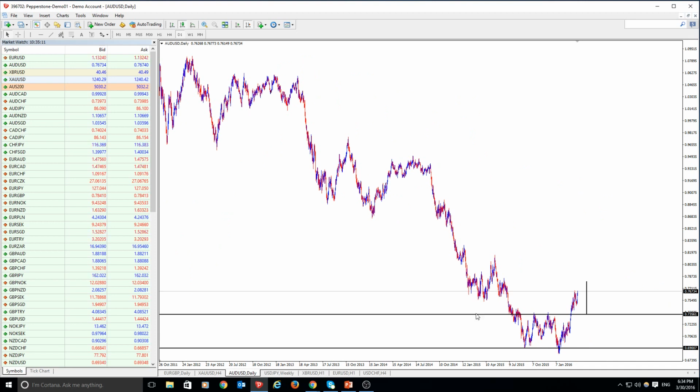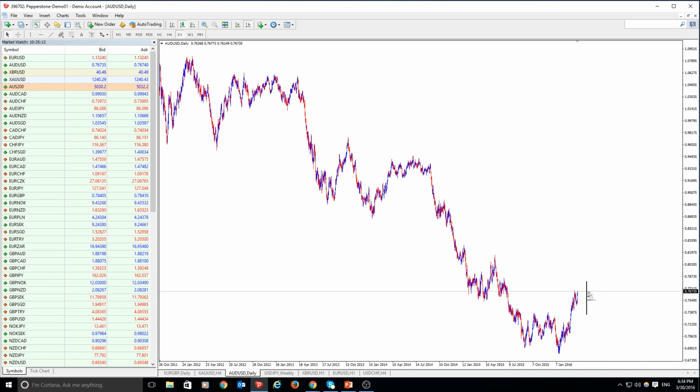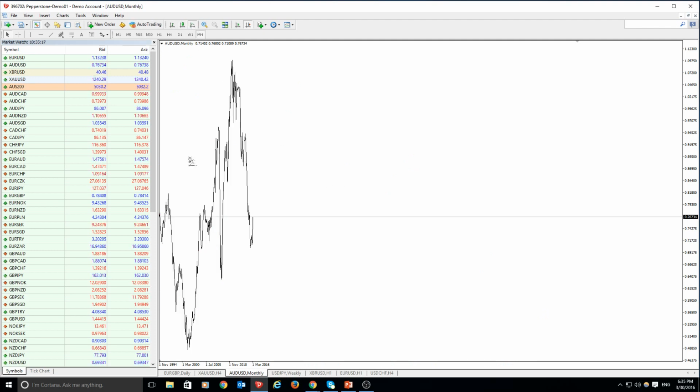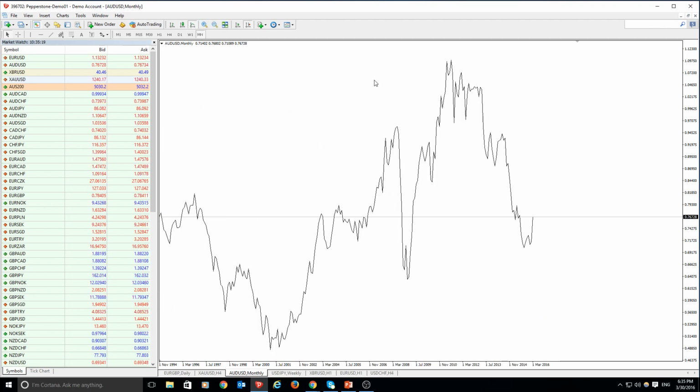Okay, what I'd like to do is we're just going to get rid of these lines because I want to break down how we draw support and resistance and how we look at the charts. So I actually begin generally on a monthly chart. So let's just have a look at a monthly, and I usually go to a line chart before I do anything else. The reason why I like to do this is I like to know where those critical points are in the market. So if we just draw some support and resistance that we can see very clearly,